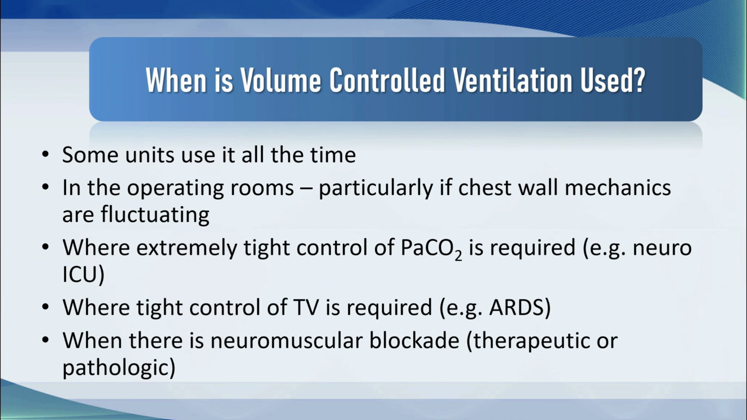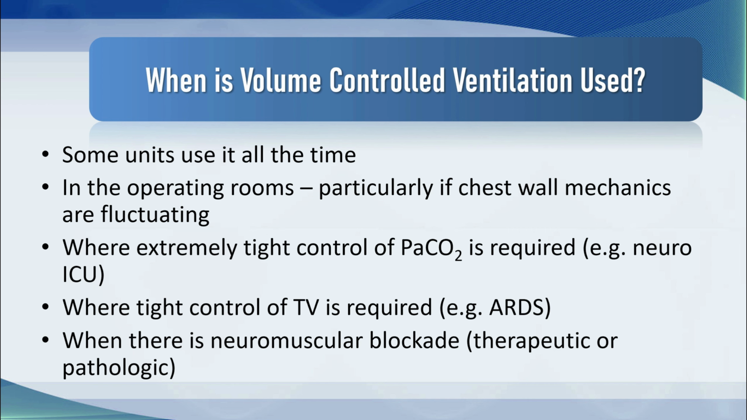When is volume control ventilation used? Some units use it all the time, either assist control or SIMV. It's used a lot of the time in the operating rooms in patients who have neuromuscular blockade, and indeed if patients receive neuromuscular blockade or are paralyzed, for example, from myasthenia gravis in the ICU, then we tend to use